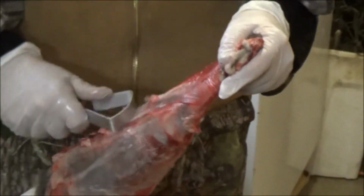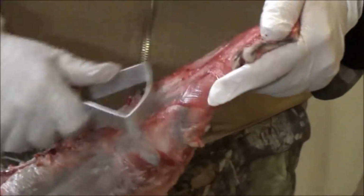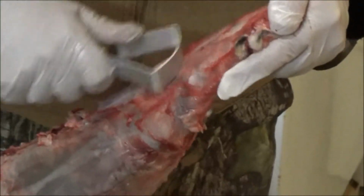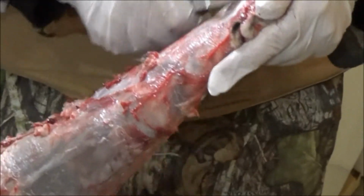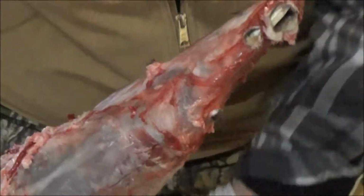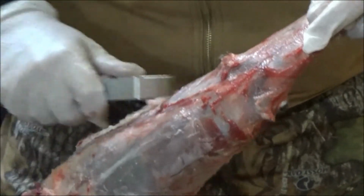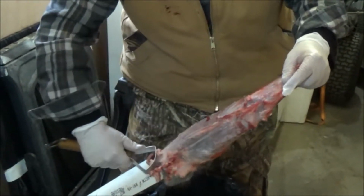Big chunk of meat. And I'll clean up around the face if I can. You can see some of that's coming off. It just gives it a better presentation, but they're not going to dock you if you leave that on there. But I like the look of it better. So, see, there's not a ton of fat. This is the middle of winter. It is January, so there's more fat than other times, but